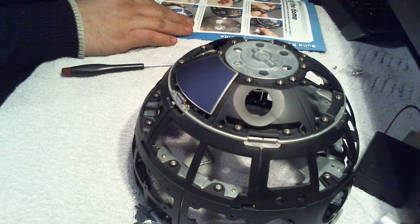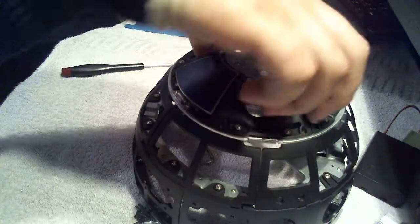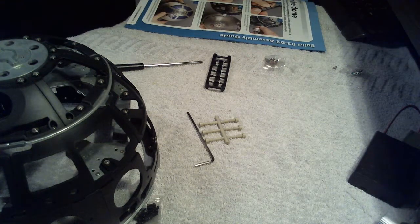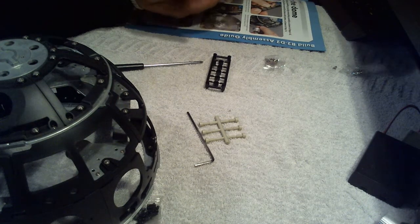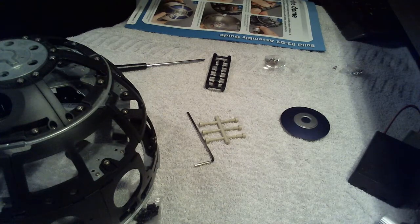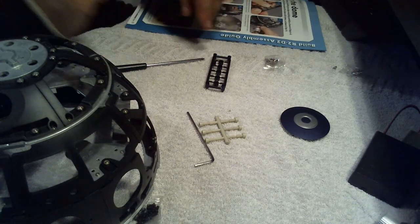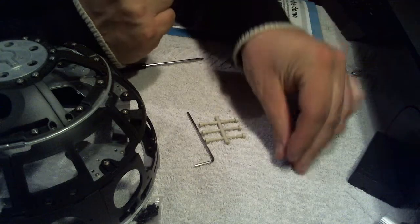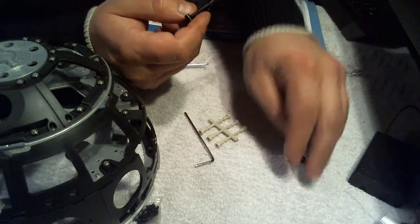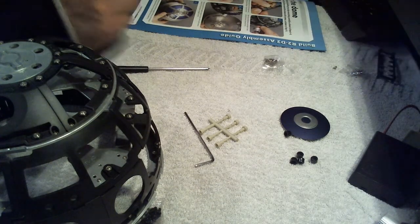So the next thing it wants us to do is fitting the dome. So for this part we need the plastic spacers, the top ring, which it's asking us to remove, and so we're going to separate these spacers from the plastic. And then